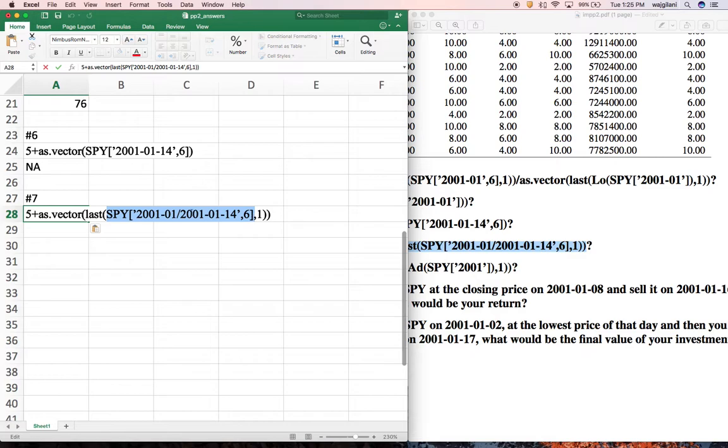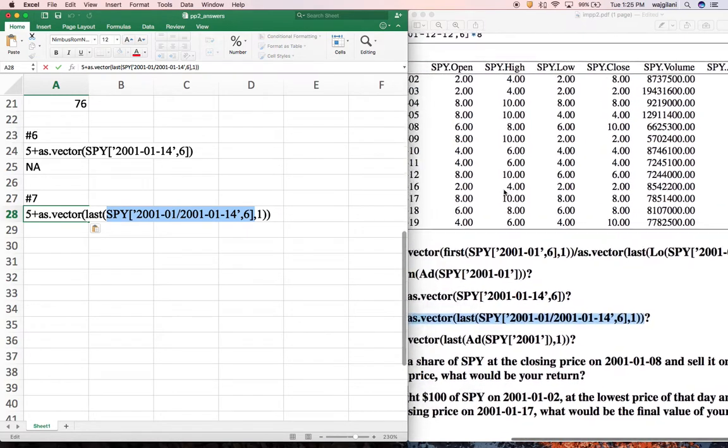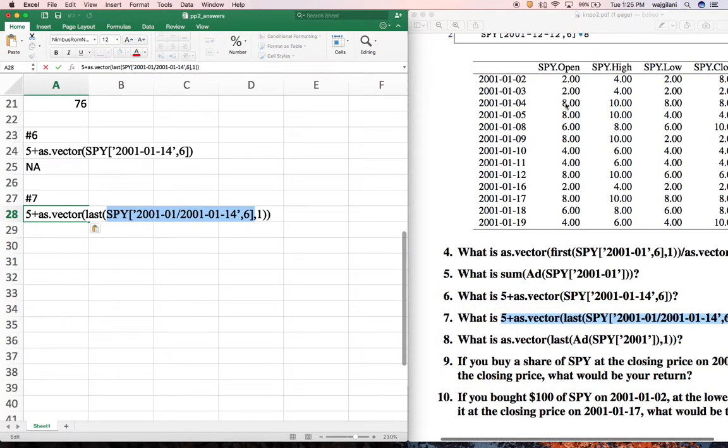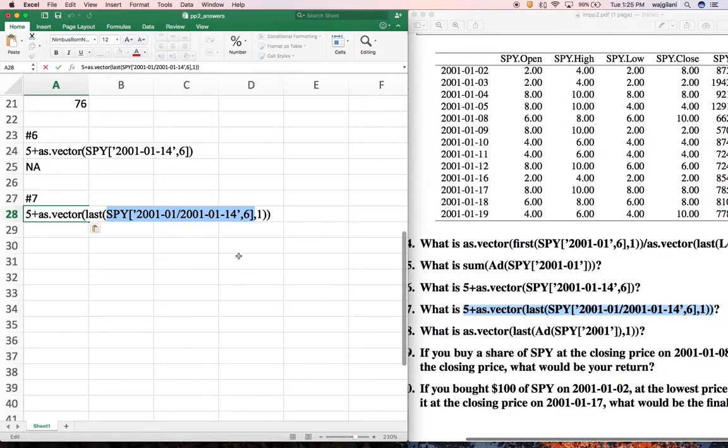Okay, let's see this. So we see the comma there. All right, so we got the rows and the columns. So it looks like we're taking the adjusted close column, number 6, after the comma. Fair enough. To the left of the comma is the rows we're selecting. All right, we got a little date slicing going on here. 2001-01 gives me all this data right here, all the dates. Fine, all of 2001-01, so this will be all the rows. Fantastic. Slash